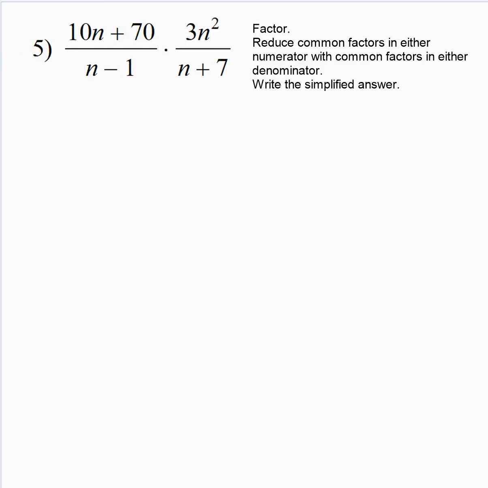Moving on to multiplying, it's really a lot like what we just did with simplifying. It's just that we're multiplying here, but when we multiply, we know we multiply numerators and multiply denominators, so we can do the same thing. So after we factor, we can reduce common factors in either numerator with common factors in the denominator. So we'll factor, we have a 10 we can factor out of here, so we have n plus 7